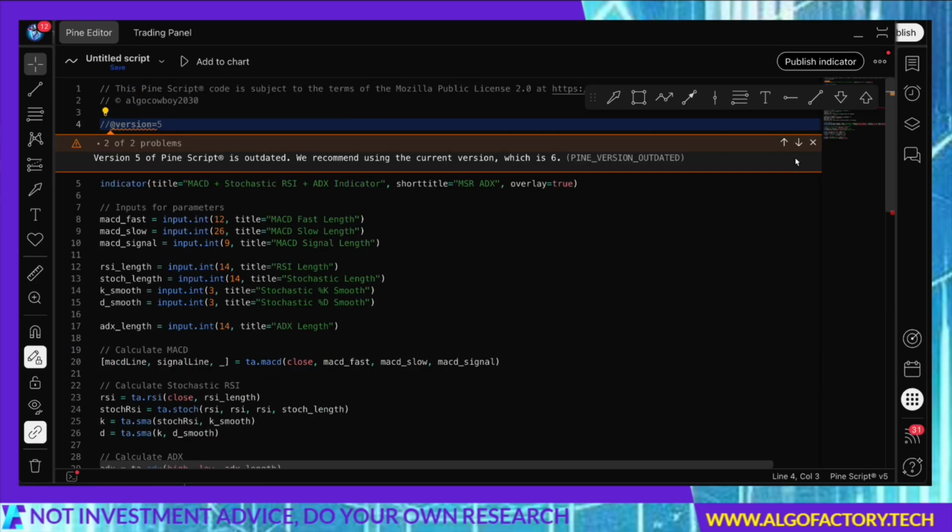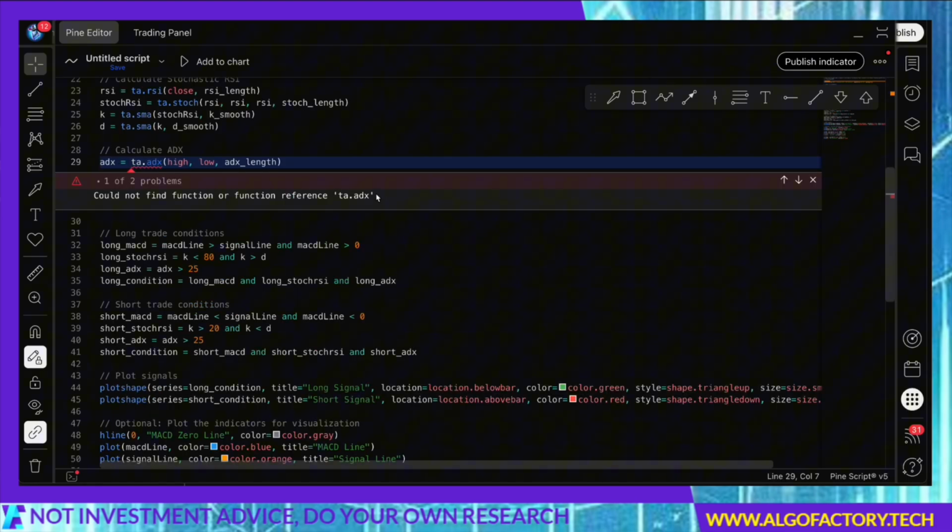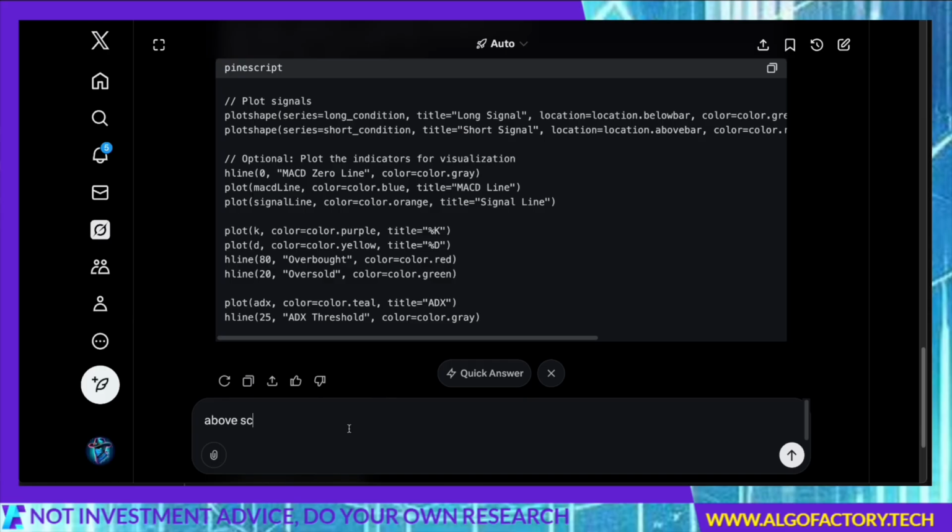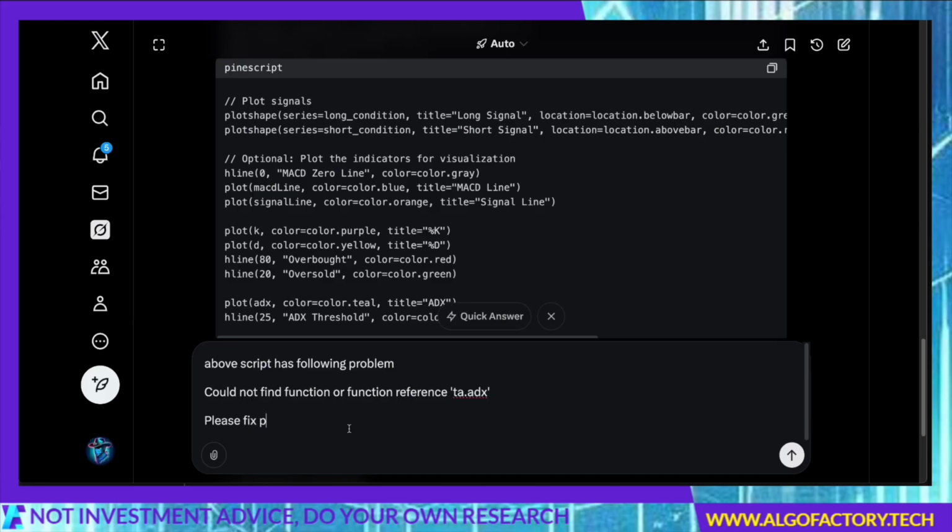Your second problem, if you hit the down arrow right there, will be version 5 is outdated, and we don't really care about that problem. So we'll just worry about this issue. And the way to fix this is you copy, so you highlight, Control C, you go over to Grok and you say, above script has following problem, please fix problem, and give me updated script with corrected line inside of